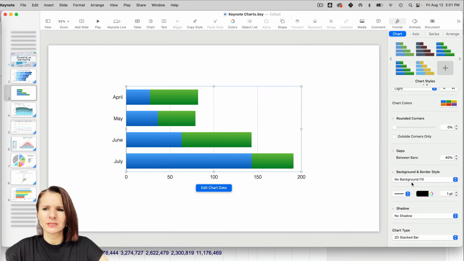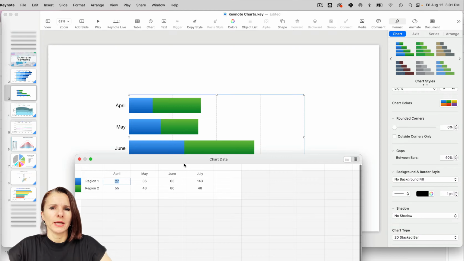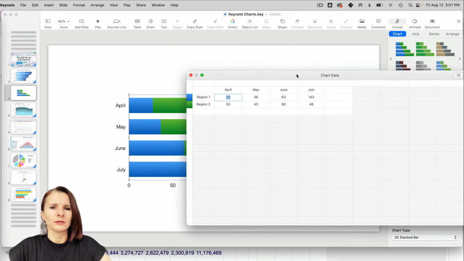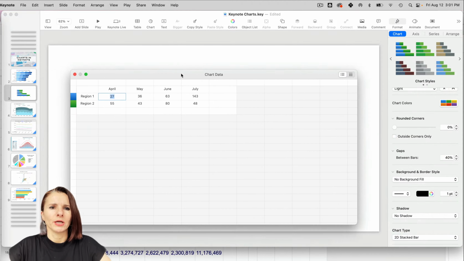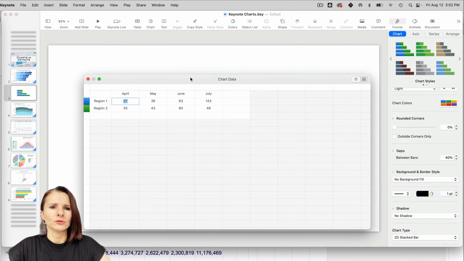So once I've decided what I want to start with at the beginning, you can click Edit Chart Data. And here is kind of showing you what kind of data is listed here. Now, I'm going to paste my own data. You could try to manually enter the data here, let's say you're changing anything, but you don't need to do that because that's a lot of manual work